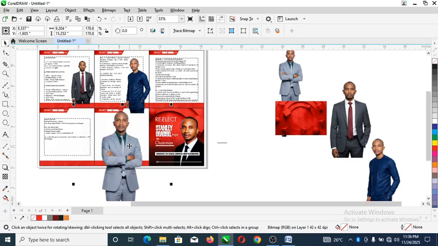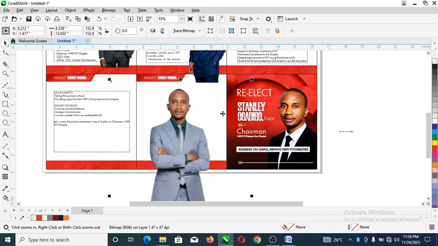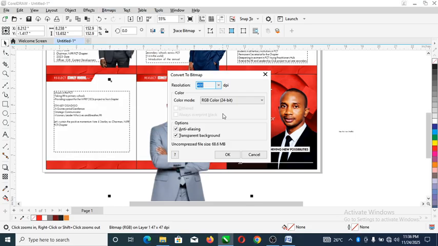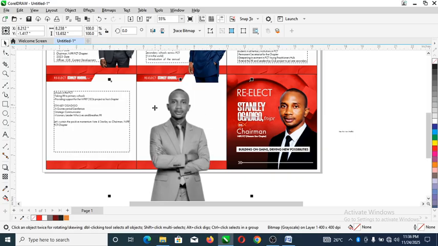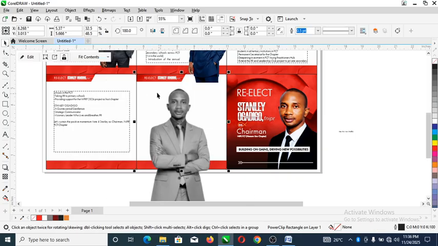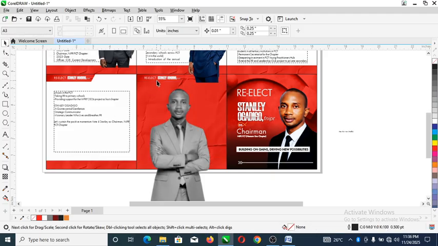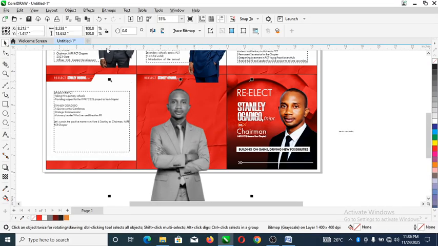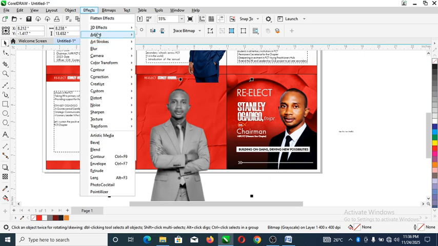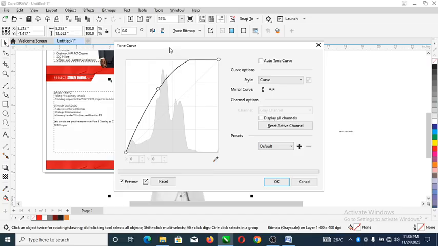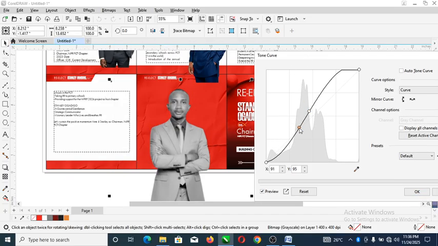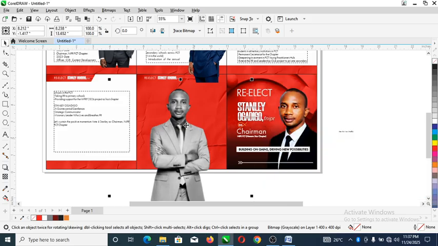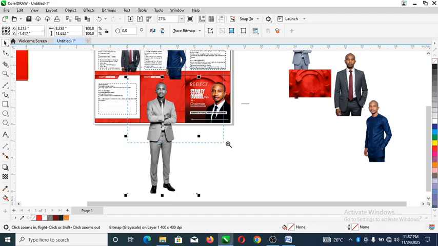So make it bigger. Reduce it to bits. Then let's go on and convert this to bitmap. Convert to bitmap. Then let's have this be grayscale. Good. So what we actually are going to be doing is to delete all of this. So let's give the picture life. Good. So let's adjust it a bit. Good. Nice one. It's okay. So let's go and bring life into it